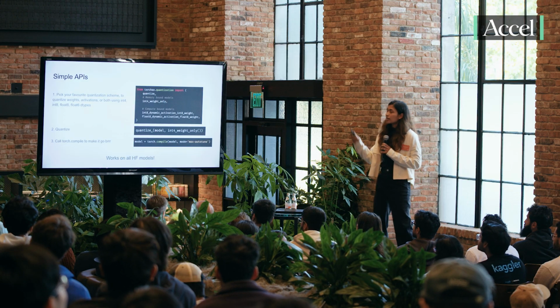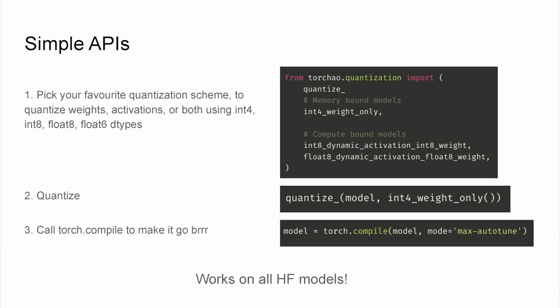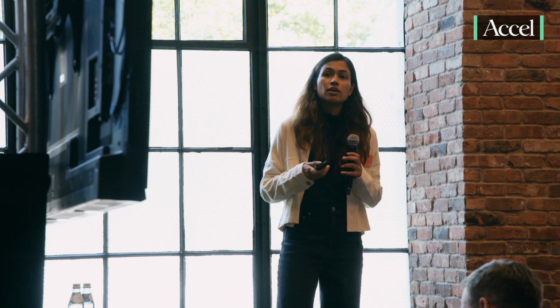All right, so this is how you would typically use quantization today in PyTorch or torchao. The first step when you want to quantize your model is to pick how you want to quantize it. And there are various parameters here that will influence your decision. First is whether your model is memory bandwidth bound or compute bound, depending on which you would choose weight-only or weight plus dynamic activation quantization. Once you pick that, then you'd pick the dtype that you want to quantize it to, depending on what your performance, hardware, or accuracy trade-off is.